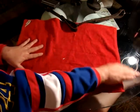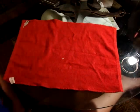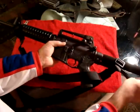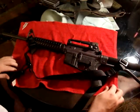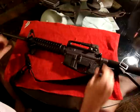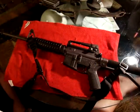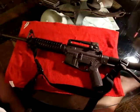We'll go back to mine here real quick, just because I'm more familiar with it. And it weighs about 25 pounds less than that one. That's just an exaggeration, but it is a lot heavier. Of course, that other one's configured a little differently than this. I'm going to do a review next week on